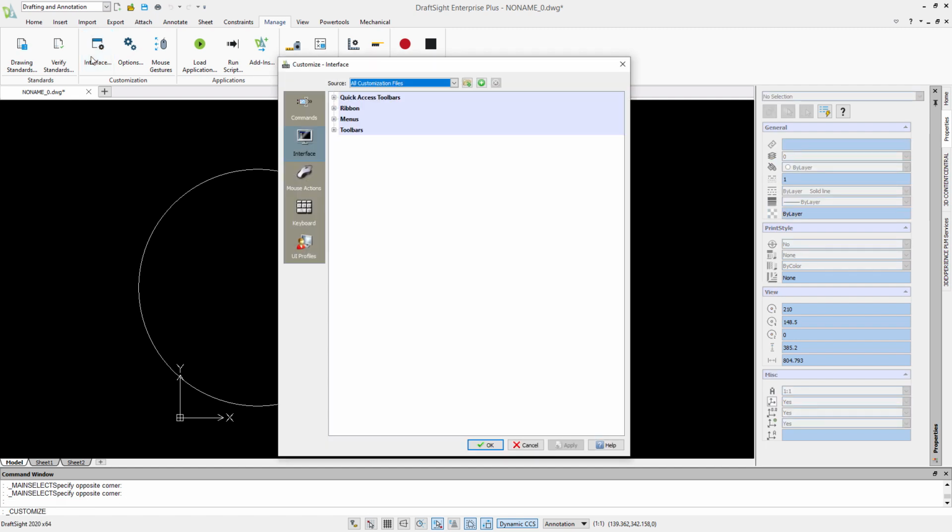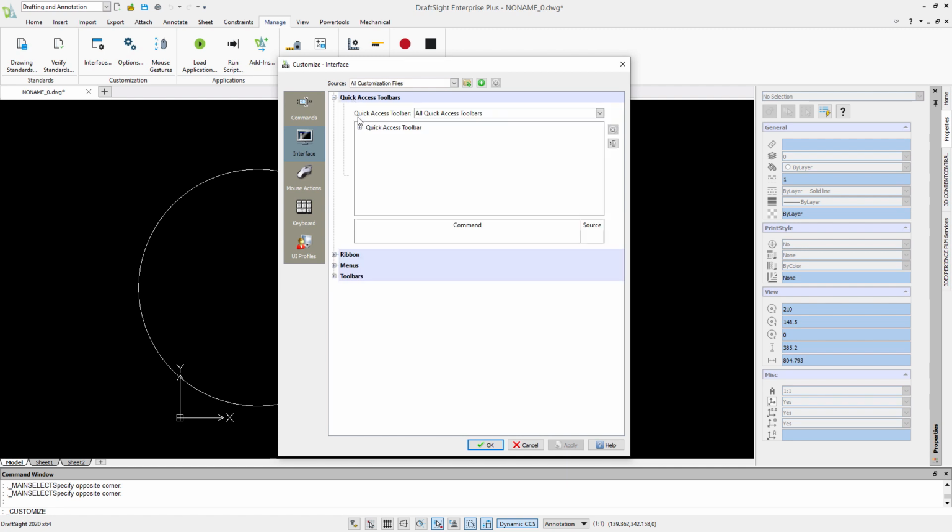This will open up the panel, and then we can choose the area of the interface that we want to modify. Make sure you have selected Interface on the left-hand side there. So I'll expand the quick access list there, and you can see there are a few options that are hidden under a drop-down arrow at the end, but we don't have Save As.